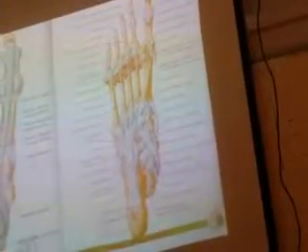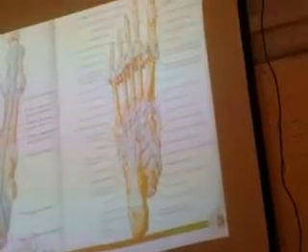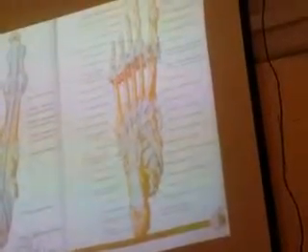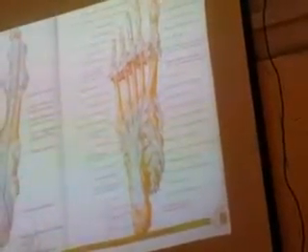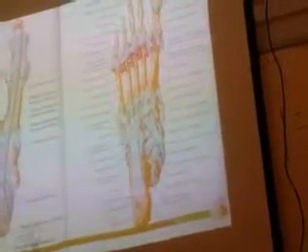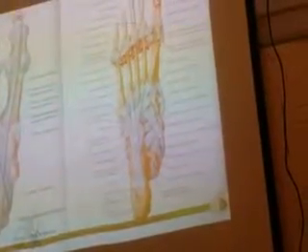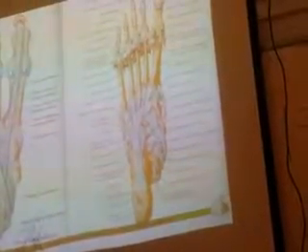This is the picture of the foot, and it is going all the way to the distal phalanx. There are 3 phalanges: the proximal, intermediate, and the distal. Distal means away from the body. Proximal means towards the center. But the great toe has only 2 phalanges, proximal and distal, just like the hand and the thumb. So here we have the 3 digits, and here there are only 2.